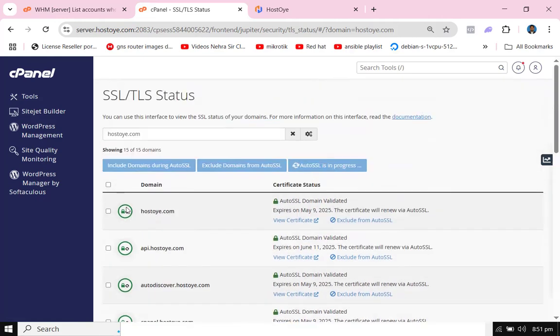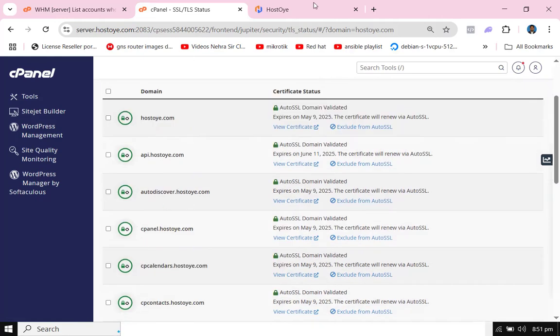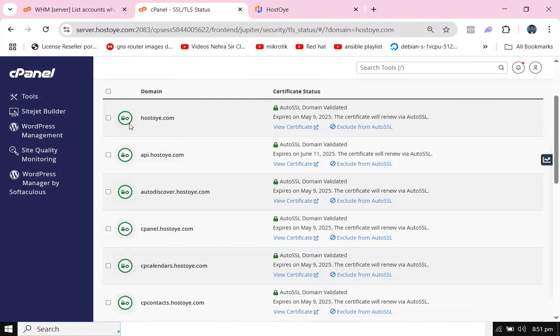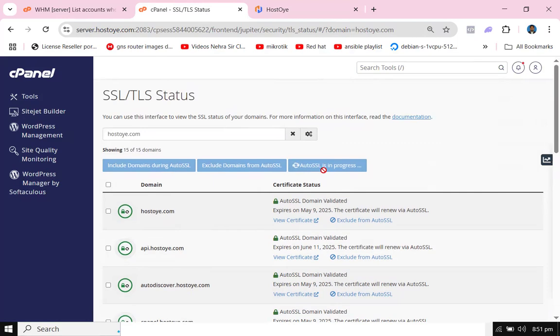Here you can see all SSL certificates already installed, but in your case, when you see a warning here, you will see a cross. So when you press this Run AutoSSL button, cPanel automatically installs the SSL certificate on your WordPress website, or any website you are running, whether Node.js, Python, or WordPress,